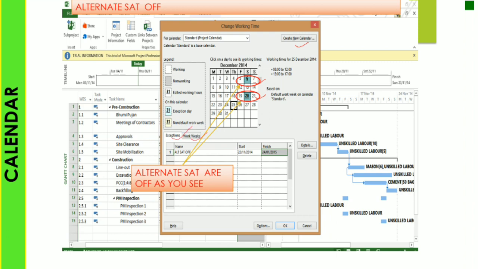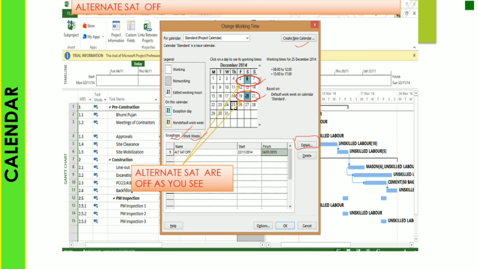If you want to add some exception like Labor Day, Diwali, and all types of things, the exceptions tab is used for that in the Microsoft Project calendar. If you want to add a particular calendar to your weeks, such as Saturday off, alternate Saturday off, or anything else, you can go into the detailed particular calendar and use your calendar as per your project requirement.